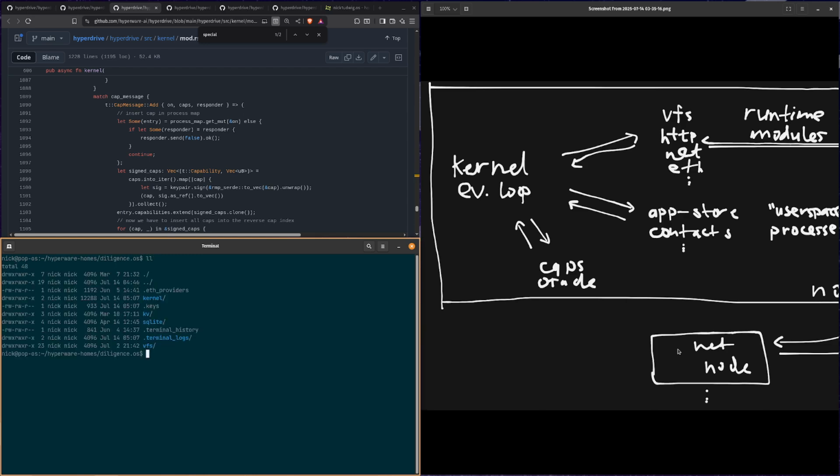So this is what a node home directory looks like. The kernel stores some files, and then we have the key value store in SQLite, runtime module storing some files. We have a variety of these dot files for specifying things about the node, as well as some terminal logs. And then we have VFS. So if we go into VFS,